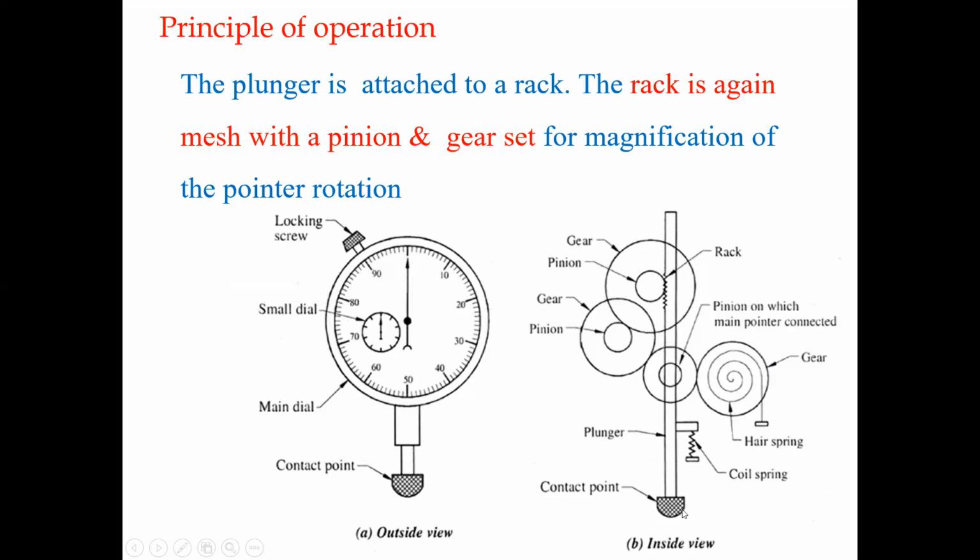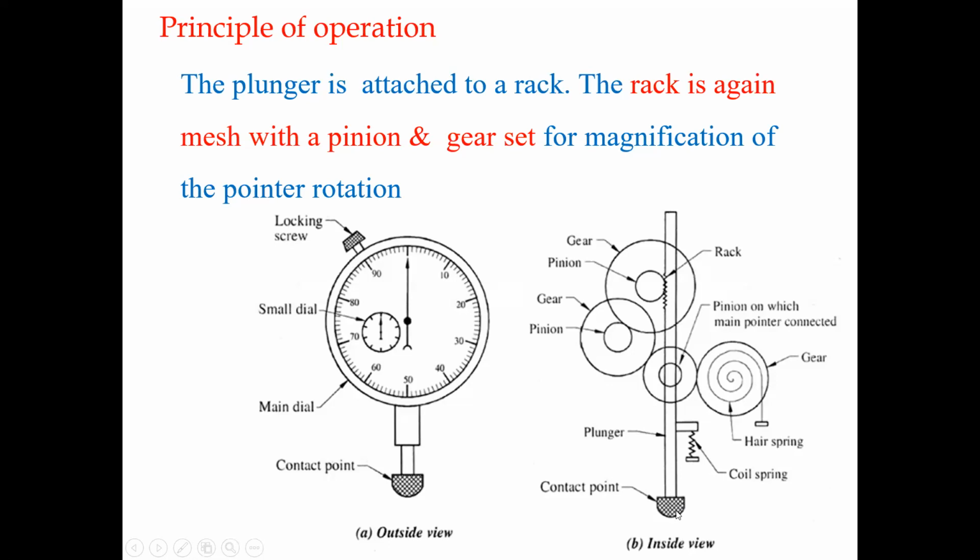Smaller variations on the surface. If you want to measure the variations in the surface in order to check the flatness or straightness or parallelism, in all the cases we're going to use the indicators. Suppose you want to check the flatness of a bed, in that case, you place the tip of the indicator on the surface and slide it on the surface of the work part. When you slide this dial indicator on the surface, if there exist any variations or imperfections on the surface, those are due to variations in its surface.